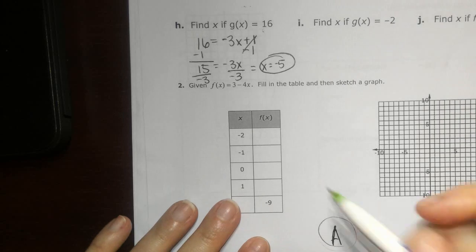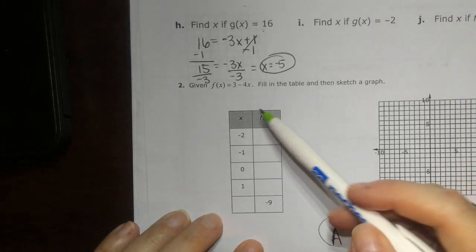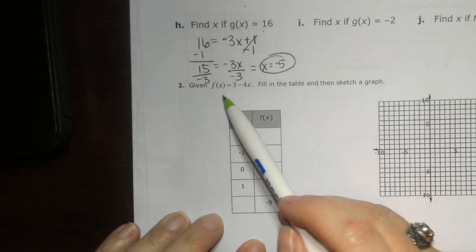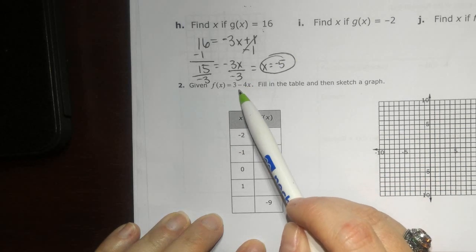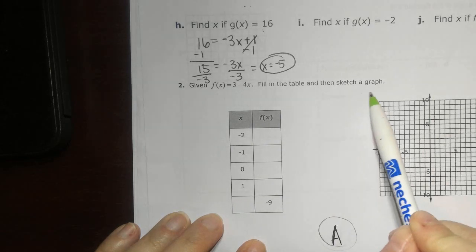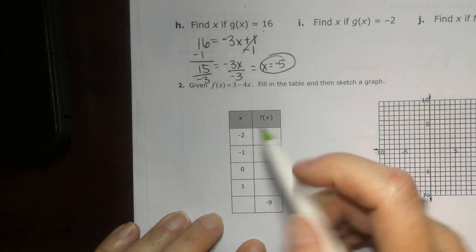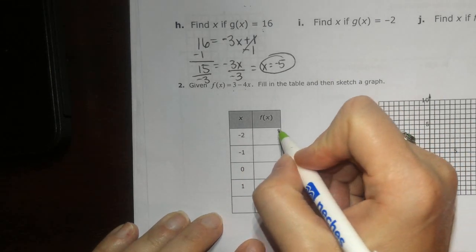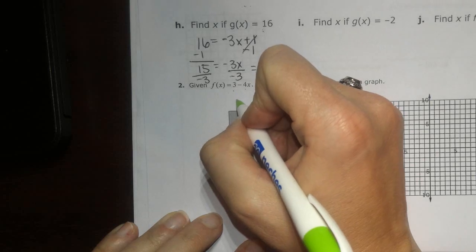Alright, in this section, this is in a lot of your builders, so this should be pretty good for you guys. You should get this. F of x equals 3 minus 4x. Fill in the table and sketch a graph. So, f of x equals 3 minus 4x. Alright, I'm going to write that up here